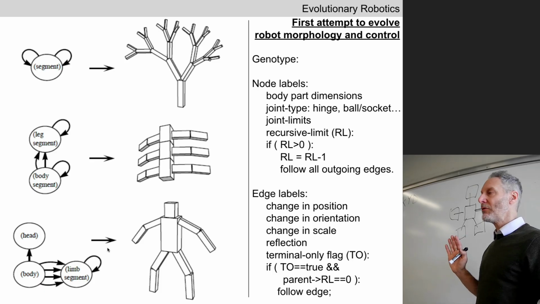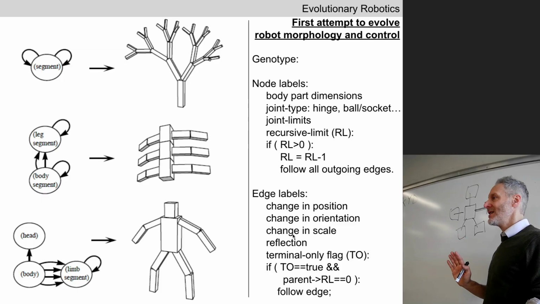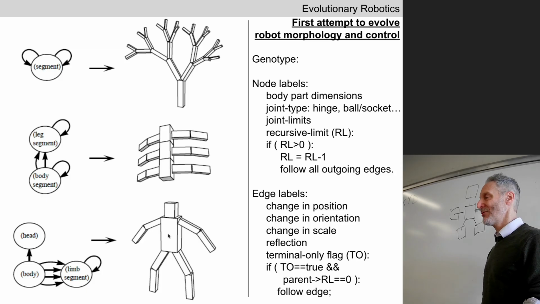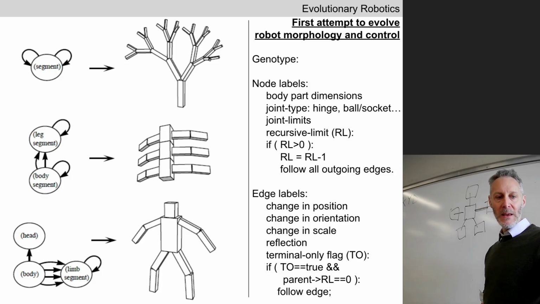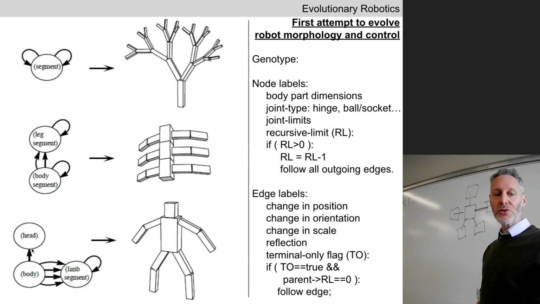The edges also have a bunch of numbers associated with them. Every individual edge has a whole bunch of numbers. Most of these numbers represent deltas. They represent ways to change the numbers that are encoded inside nodes. Let's start with body part dimensions. So let's say we visit a particular node. We start at a particular node like this one down here. Inside this node, we find a particular length, width, and height. We take that length, width, and height, and we build a virtual rectangle inside the physics engine with that length, width, and height. We then travel outward from that body to another node, and as we travel along that edge,